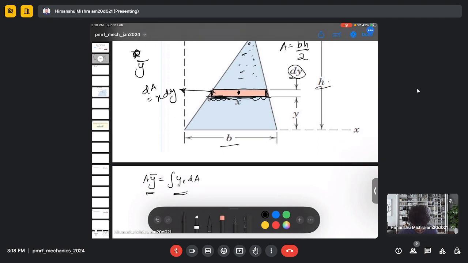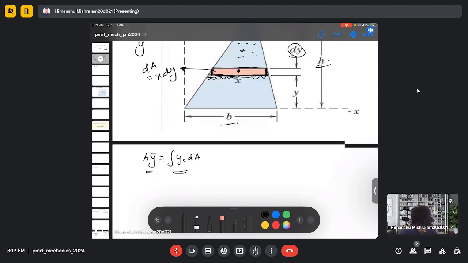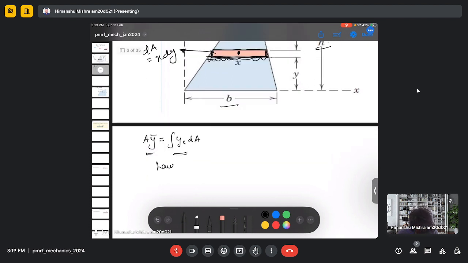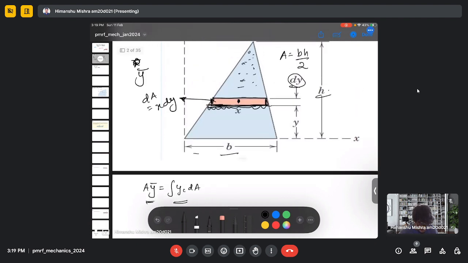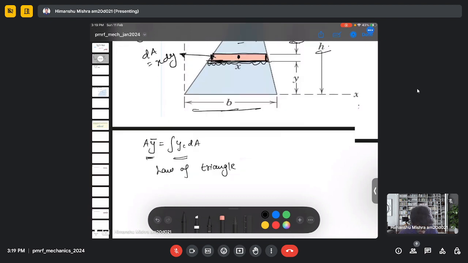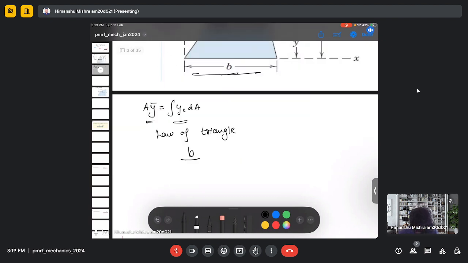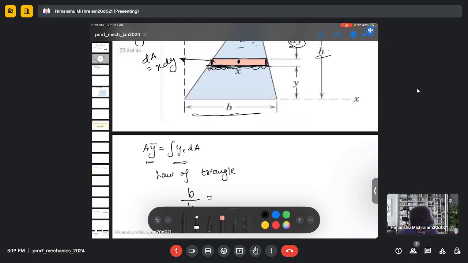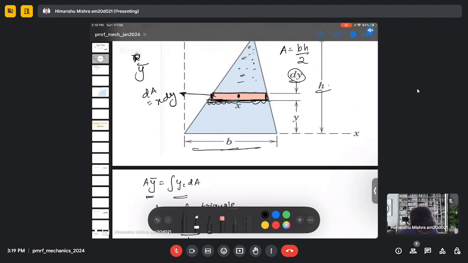So the x can be given, so we can use the law of triangle, where I can take the ratio of the base and height of the triangle. So my base is b and height is h, equal to, now I will take the base here, which is x,